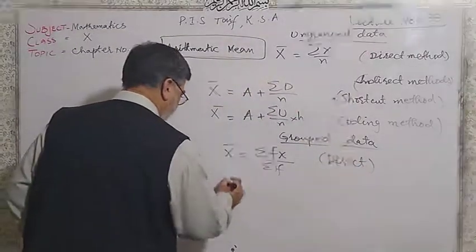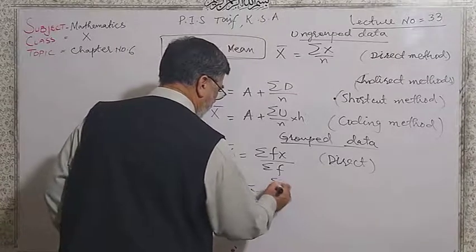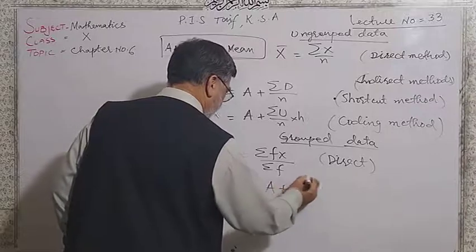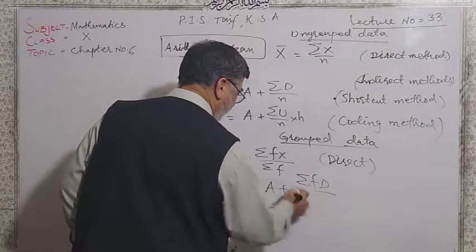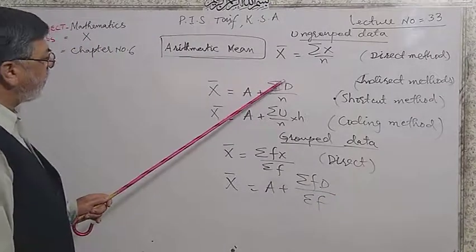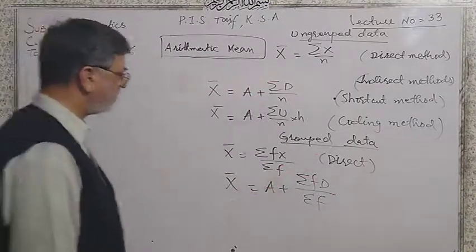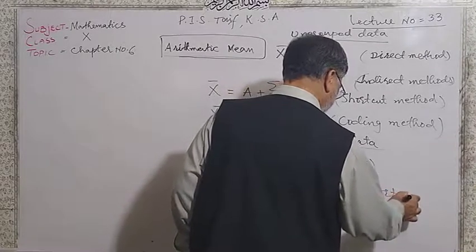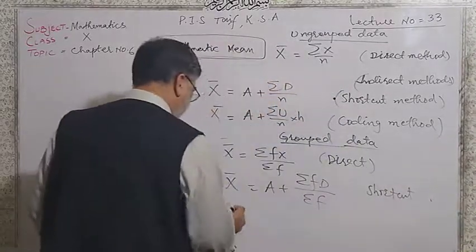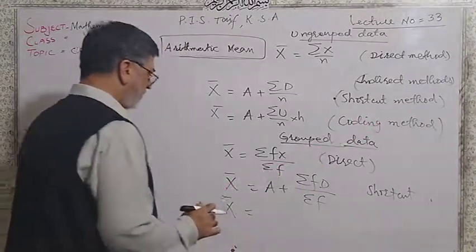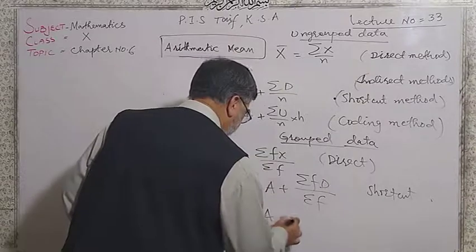Similarly, the second one is x bar is equal to a plus sigma fd over sigma f. Here frequency is involved. This is shortcut method. Similarly, we have the third formula, which will be the coding one. You will have a plus sigma